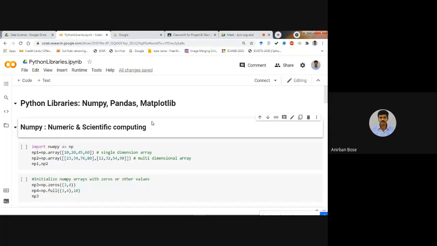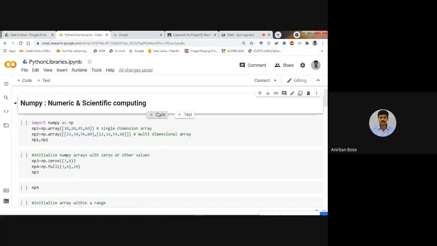But if there are any new libraries that you have to install, that are not there, then the installation line of code is very simple. That is pip install that particular library name. So in this way, we can install a library if it is not installed in that particular interface or IDE. Anyway, in our case, we need not install anything. All these things are already there in Google Colab.